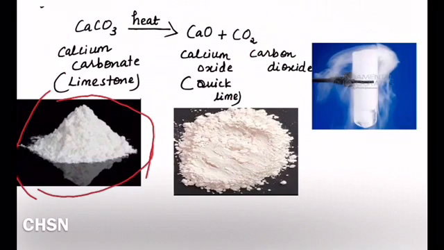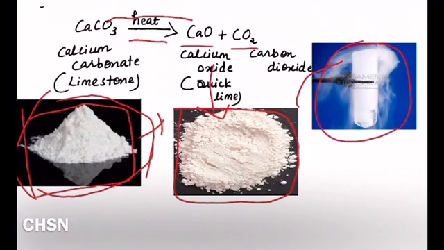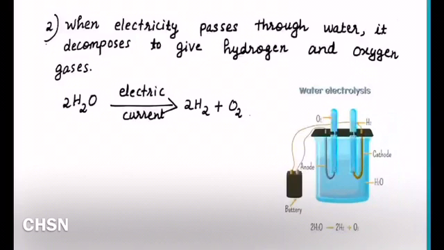So this is our reaction. Calcium carbonate undergoes reaction by the application of heat to form calcium oxide and carbon dioxide. So this is calcium carbonate, a white crystalline solid. We have to take this in a test tube and heat it. After some time, you will get two products. One will be in the solid state, that is calcium oxide, again a solid, and the second product is carbon dioxide gas.